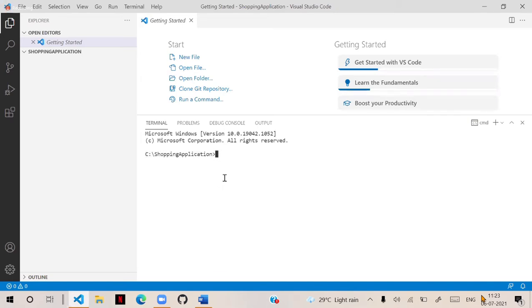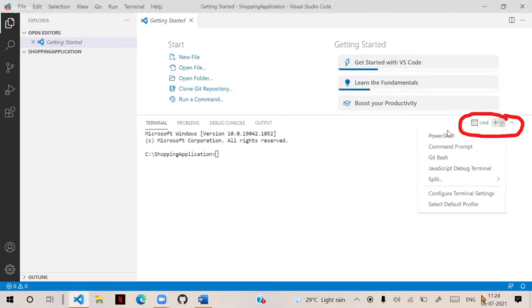And be very careful here, two important things are there. Observe carefully, because many people come with a complaint here every time. On the right side of the terminal, there is a command option available. If you click on that drop down, you will see PowerShell, command prompt, git bash, so many.